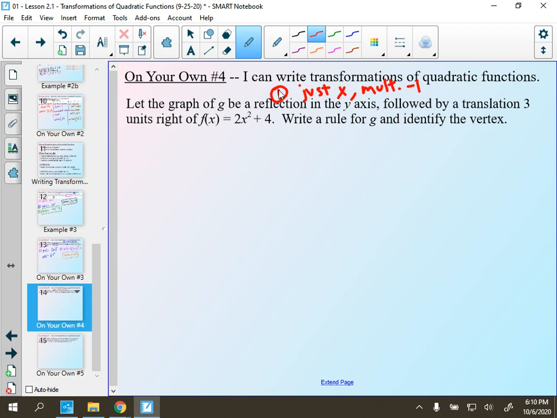The second thing we're going to do is translate 3 units right. Oh, that's it. So 2 things. So translate 3 units right would be to just x. So, and then we're going 3 units right, so we're actually going to minus 3. But we got to do them in order. We can't do these all at the same time. Write a rule. The one that makes this one harder, I think, is